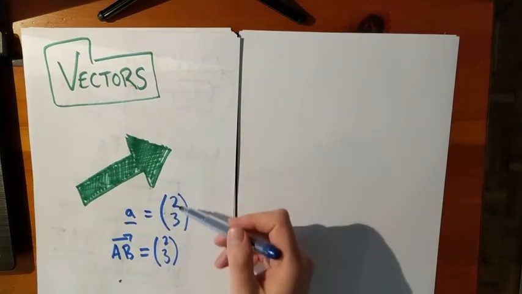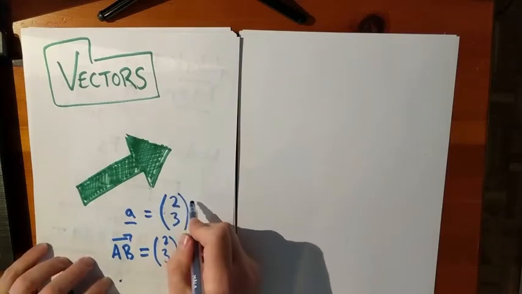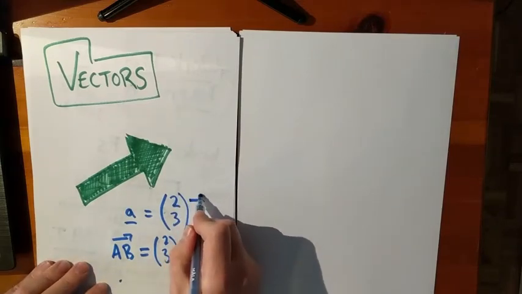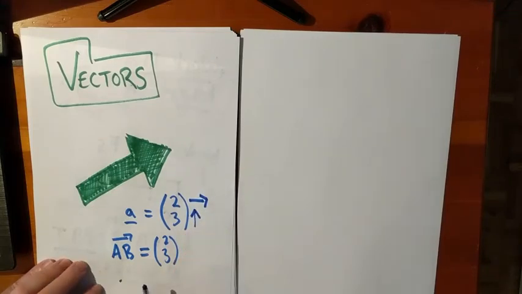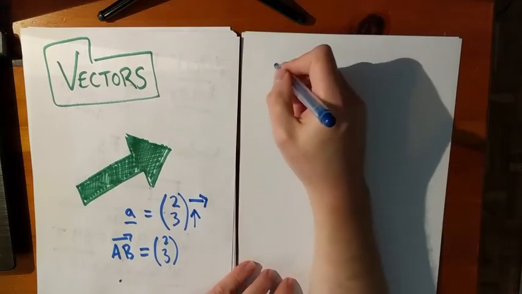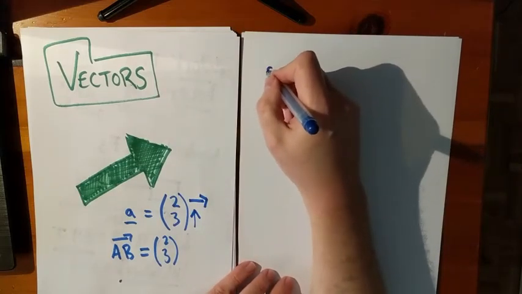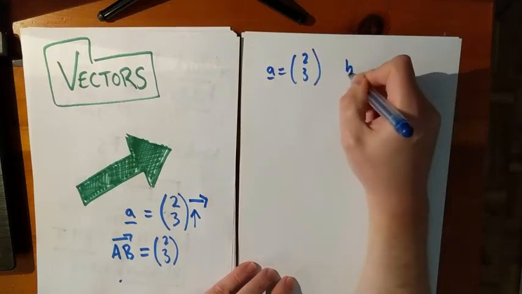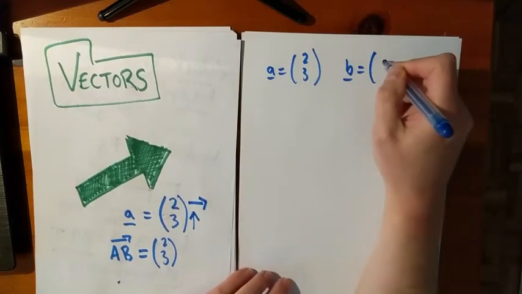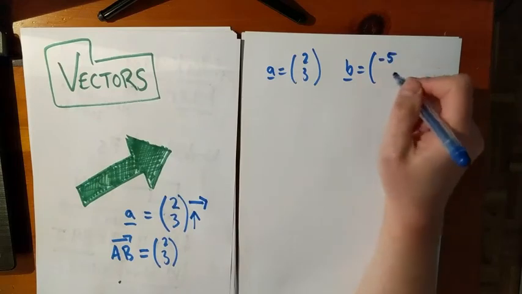If they are written as two numbers like this, the one at the top is always describing the journey to the right, and the one at the bottom is always describing the journey going up. And if you have a vector, you can combine it together with other vectors, describing multiple journeys. So say we have the vector A, which is (2, 3), and we had another vector B, and that was the vector, let's say it's (-5,